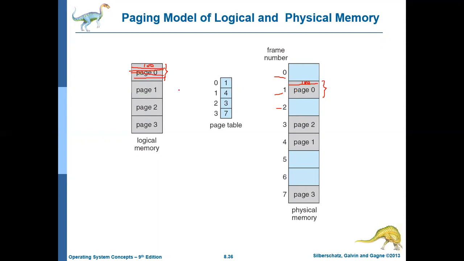So if we are shifting our page to a corresponding frame, you can understand that the page size should be equal to the frame size. If the frame size is smaller, it will be impossible to fit a complete page of data in a frame. If the frame size is bigger than the page size, it will be a wastage of memory. That's why the page size and the frame size are the same. This particular terminology we are still using in our systems.